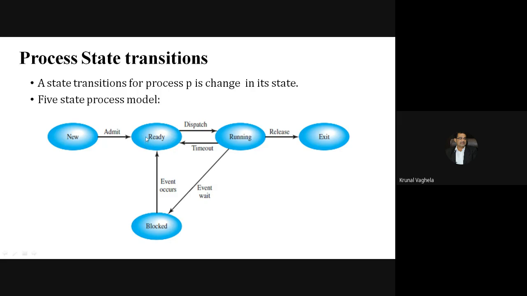That means the process wants to run, but the scheduler has allocated the CPU to some other process. So your process is ready, but right now the CPU is being utilized by the other process. So your program is ready to run, but it is waiting for the CPU. Again, for example, after some time, it will allocate the CPU, run for the allocated time, and ready. Now, for example, there is an instruction of scanf in your program.